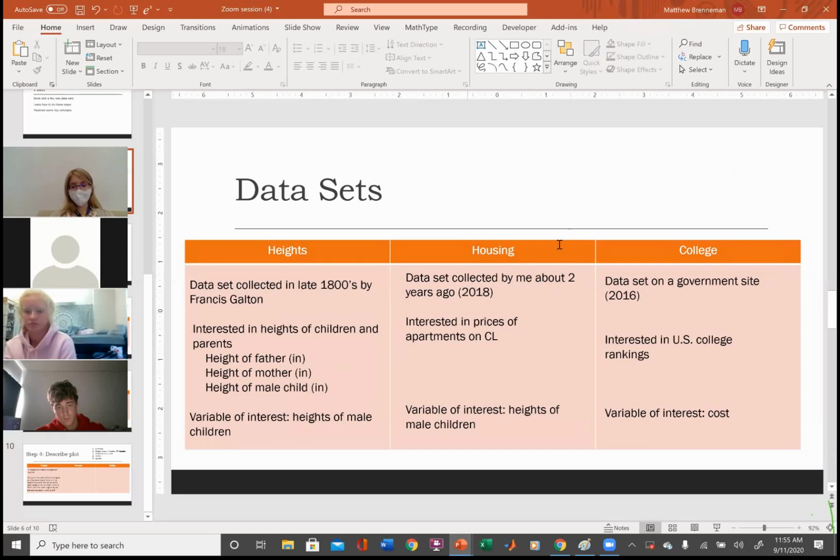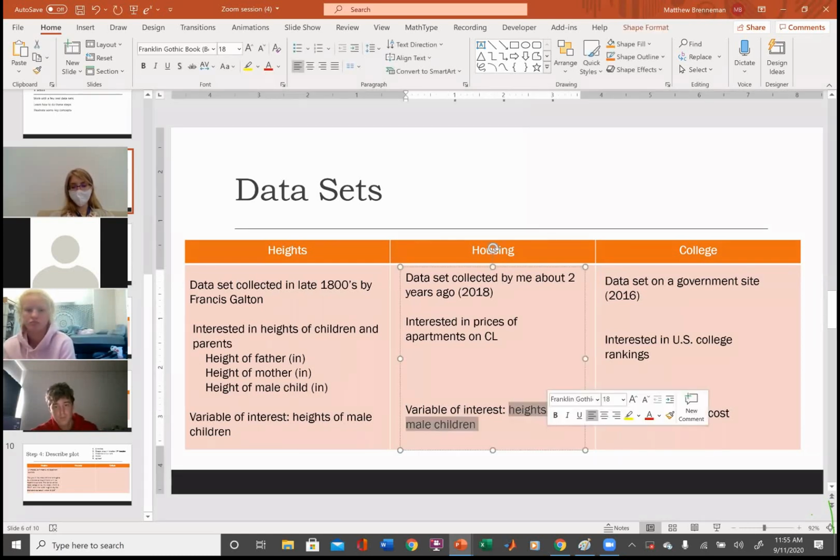This is a data set I collected a couple years ago. I had a friend that was visiting and doing research for a couple of months. And he wanted to run a play, so I just thought it'll be fun. I'll have a data set for my class anyhow, right? So I went to Craigslist and I took a random sample from their listings and then got some information on the apartments. Okay, and obviously we're not interested in heights of male children. I'm interested in the price of apartments. Sorry about that.